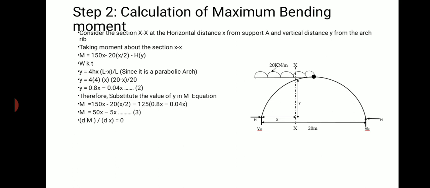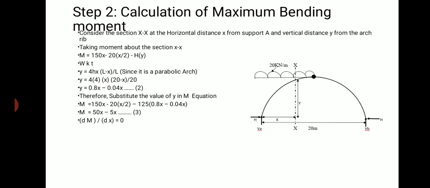One thing I need to clarify here. In finding the maximum bending moment, I initially discussed that the maximum bending moment will occur when the shear force is equal to 0. MXX is the moment, so from this moment, if I want the shear force, I can get it by differentiating MXX with reference to x, and if I equate it to 0, I will get at what span the moment will be maximum.